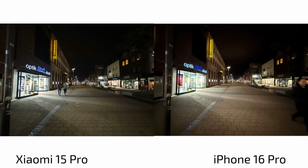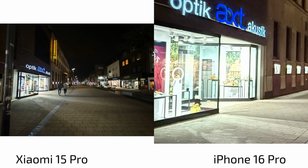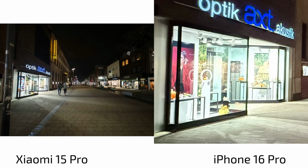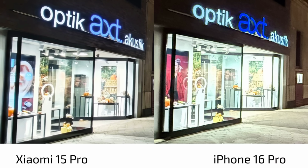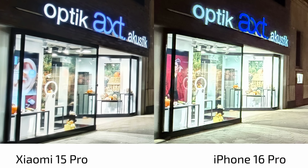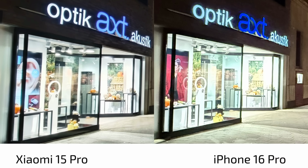What you can see for sure is, however, the iPhone has overblown highlights, especially here with this shopping window, for example, and tons of noise, where here it's a bit smoothened out on the Xiaomi 15 Pro, and I think the HDR is doing a little bit better there in reducing the overall, you can see it's like a haystack